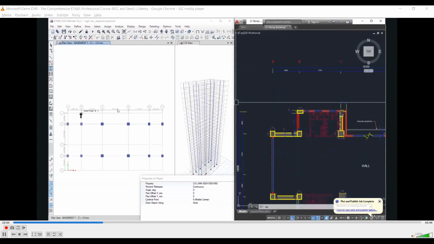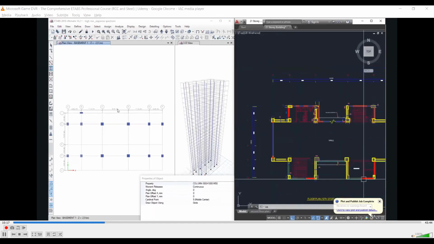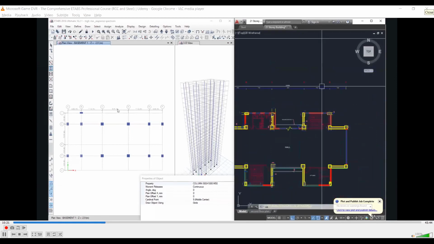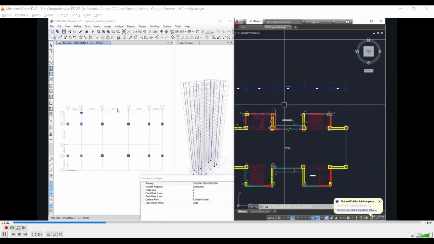The grid point is 1B and the orientation is showing like this. So left click here, all stories option is selected and ETABS will draw the column from 26, from the terrace to the basement level. After that, we need to draw a column like this and a column like this. So this grid point is E1.